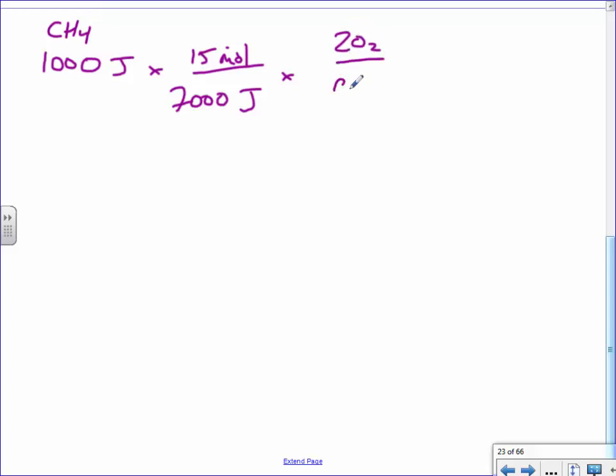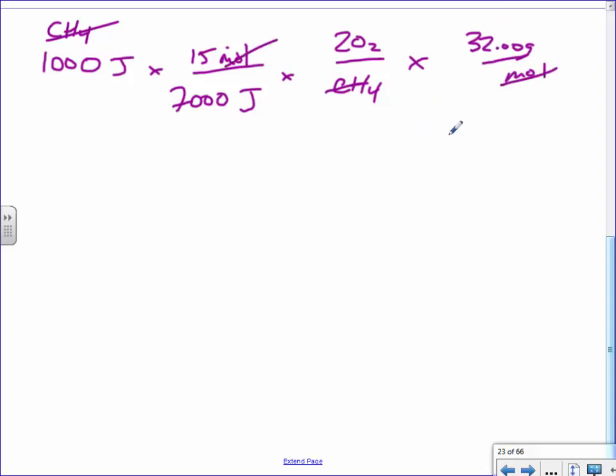If I gave you 1,000 joules of energy, and then I told you that when you burn it, there is 15 moles for every 7,000 joules. And then if I told you that this was for, let's say, methane, then if I told you that you get 2 oxygens for every 1 methane, kind of cancel this. And then if I told you that your oxygen has a molar mass of 32.00 grams per mole,